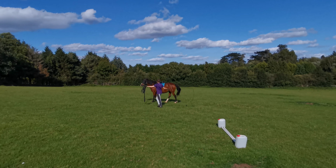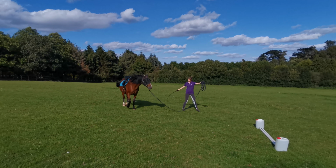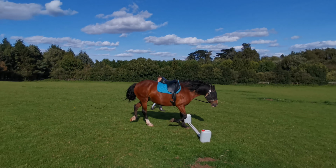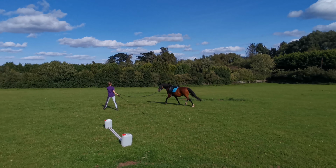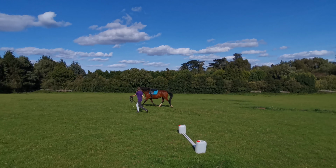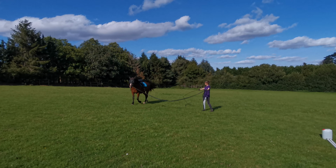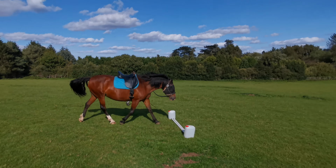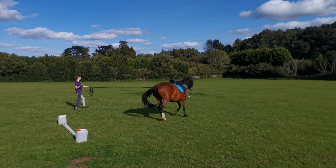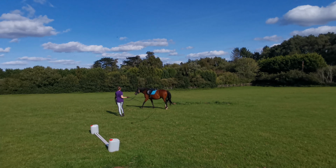And then to switch things up a little bit, I then got her to go downhill, which is a little bit more challenging because the saddle moves more, the stirrups move more. But it's good for her to have that change. You can see she's pushing herself a little bit harder. Now, I wouldn't at this stage get her to jump downhill because she'd likely lose her balance, then lose her confidence. But for now, as it is just 2 little poles, which effectively have the width of 1 proper pole,